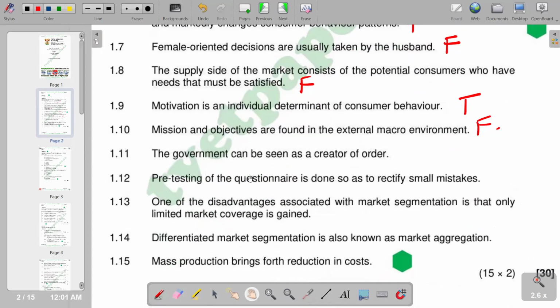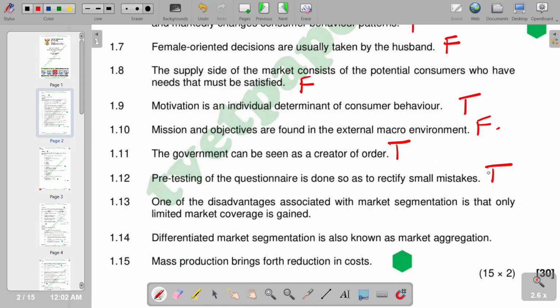Then on number 11, the government can be seen as a creator of order, which is true. Remember, the government regulates everything that is happening in the economy. So it is a creator of order, which is true. Pre-testing of the questionnaire is done so as to rectify small mistakes, which is also true. And then number 13, one of the disadvantages associated with